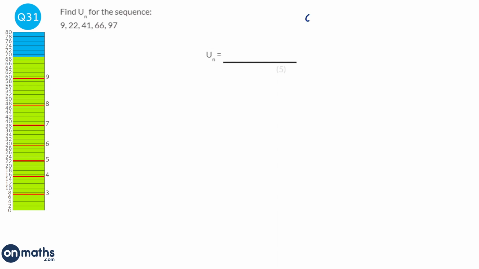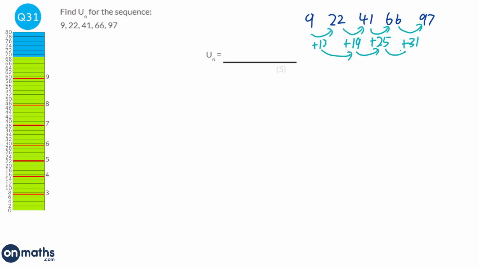So we're going to just quickly write out our sequence, so 9, 22, 41, 66 and 97, and we're going to find the differences of each of them. So that's going to be plus 13, then we've got plus 19. So they're different already, we know that it's not a linear sequence, and that's going to be plus 31. So we now look at the difference of the differences, and so we've got plus 6 again, and plus 6